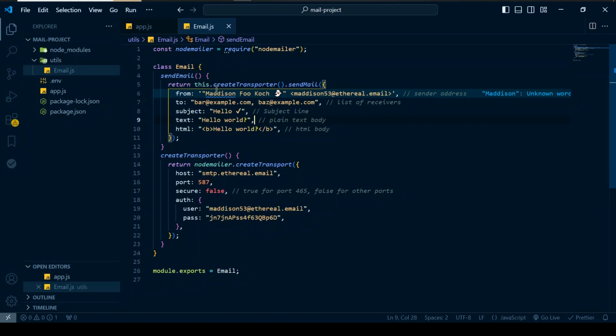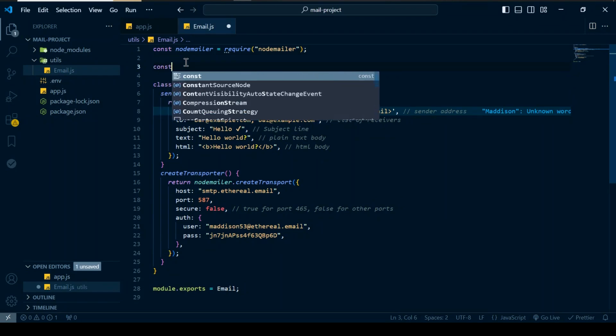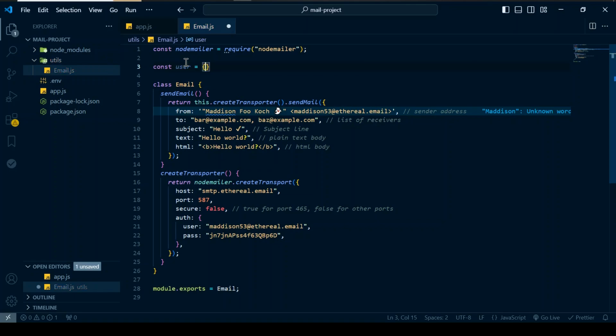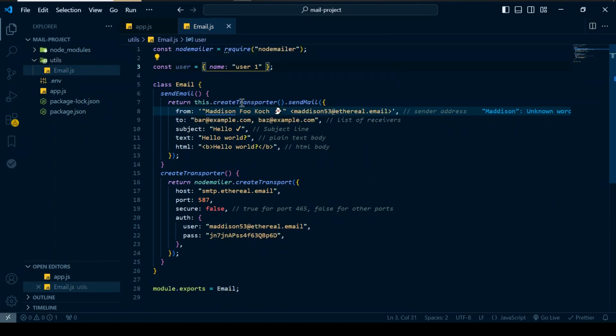For example, if you want some dynamic data, or to integrate data into text or HTML, you can use something like template literals. For example, if we have user data like this, and you want to integrate this data into the text and HTML, we can use a template literal.